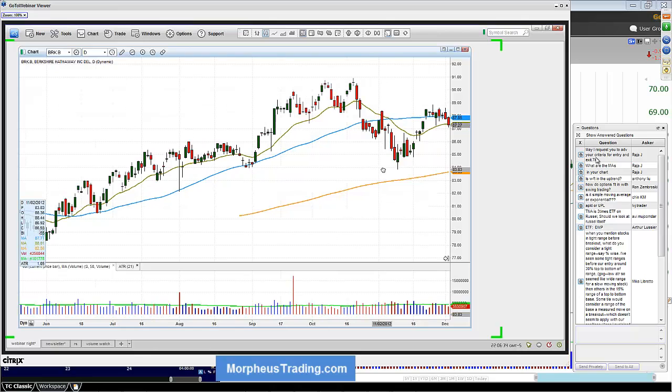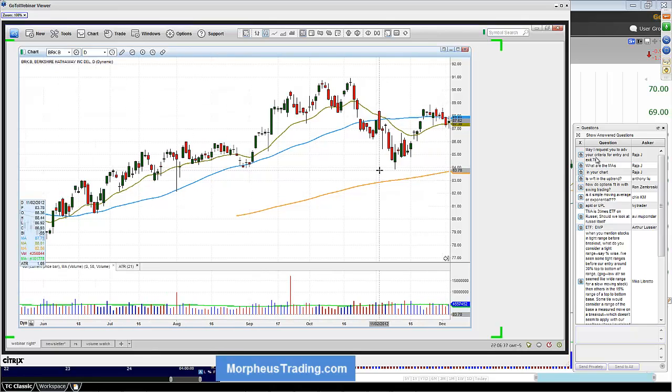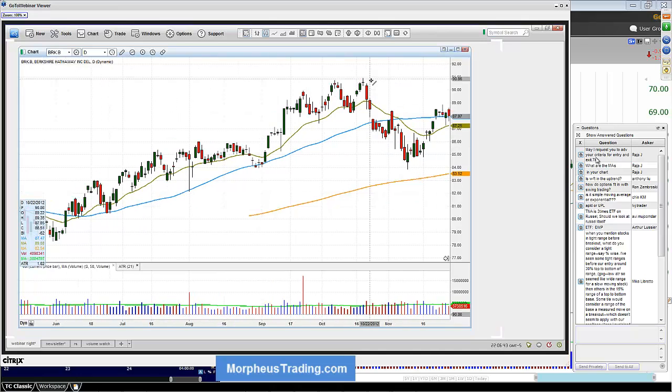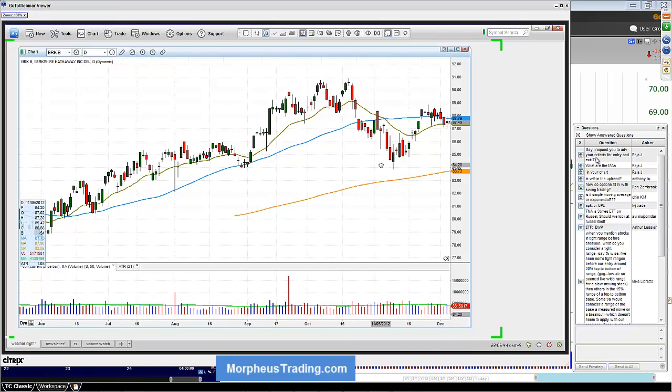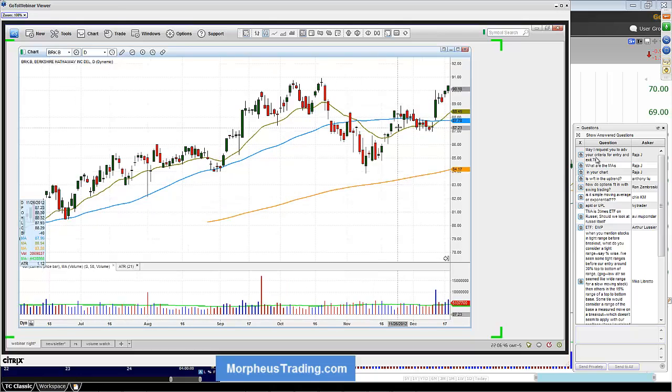So anyways, what we then look for after we have a little bit of basing action is we look for higher lows within the base. We look for the price action to get back above the 50-day moving average. And then we look for a breakout. Now,